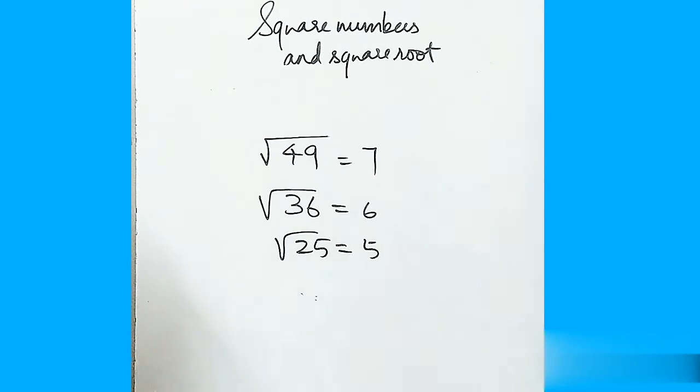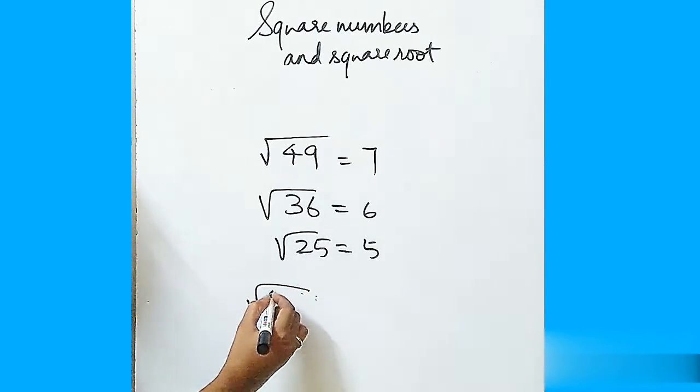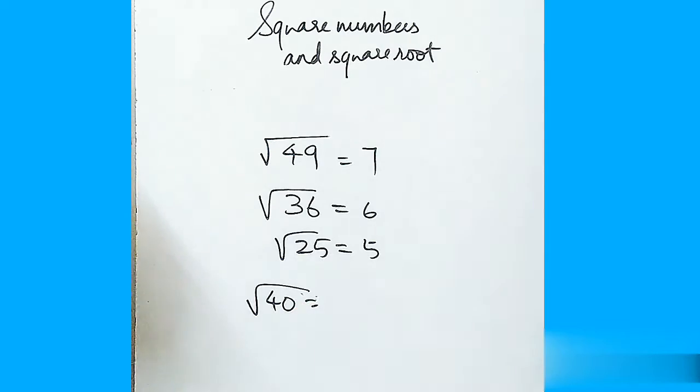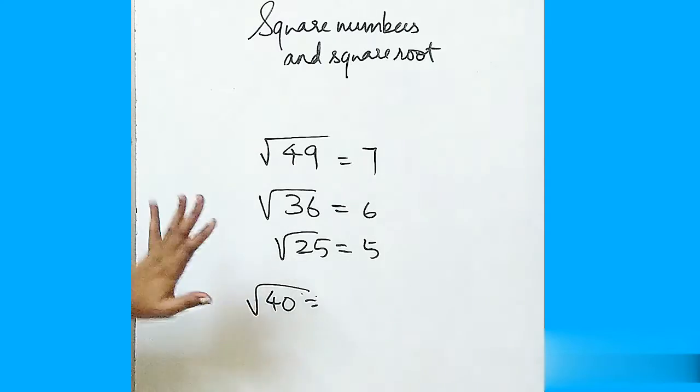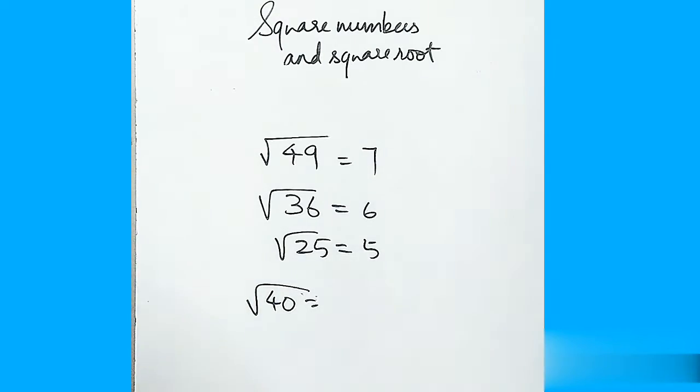Okay. Now you will have a doubt. What about a number which is not a square number? I am talking about 40. This you can find out, student, but for that we have to use a calculator or some other method to solve. But for your standard, this is a limited one. Okay. You study this only. That is more than enough. Okay. So this is the last topic of the unit.